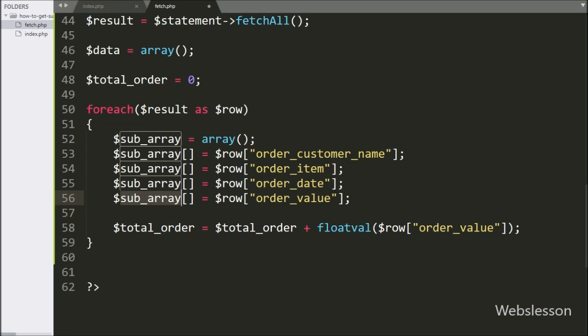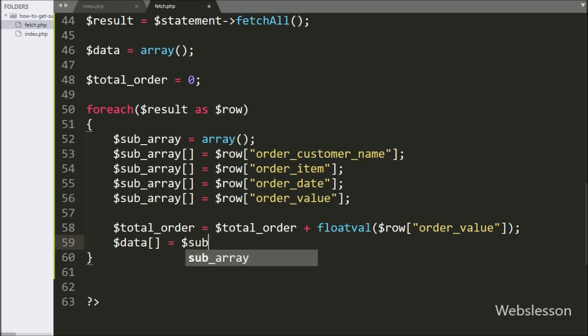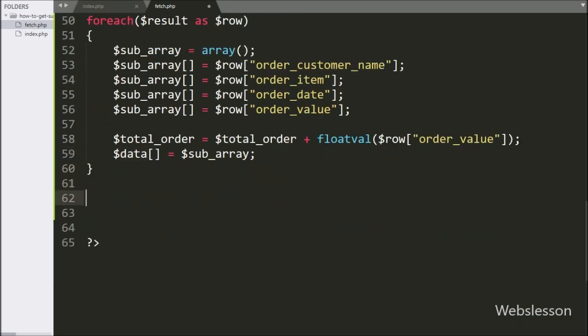So here, we have store data in $subarray variable. Now we have write $data variable is equal to $subarray variable. So here we have store all subarray data in $data variable. Now we want to get total number rows in order table, so we have create function count all data with